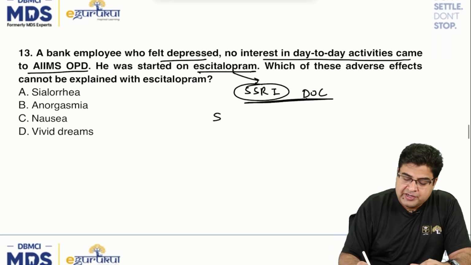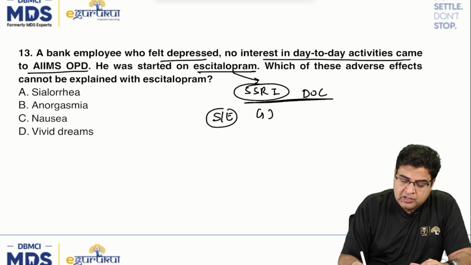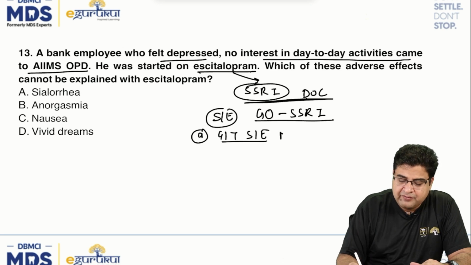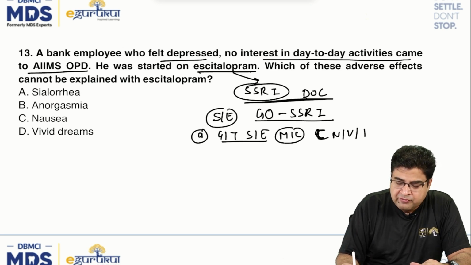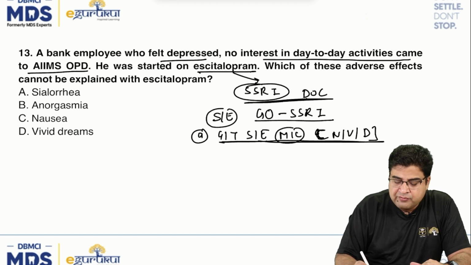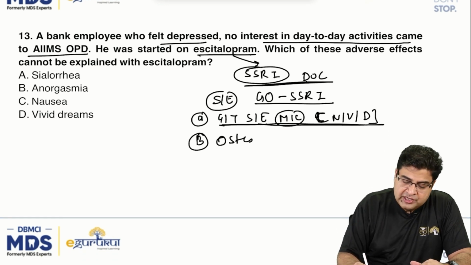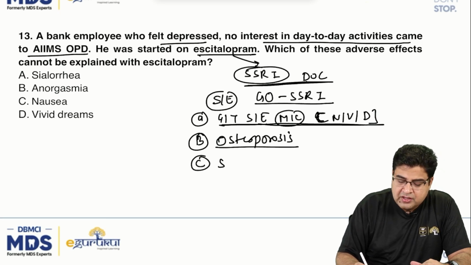If we talk about side effects of SSRIs, you can remember them with the mnemonic GO SSRIs. The most common side effect is the GIT side effect, which causes nausea, vomiting and diarrhea. Now O stands for osteoporosis. S stands for serotonin syndrome,